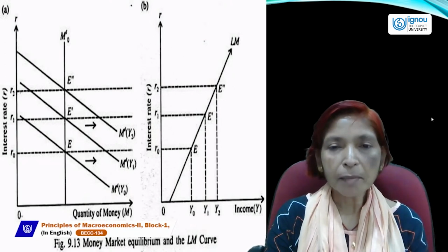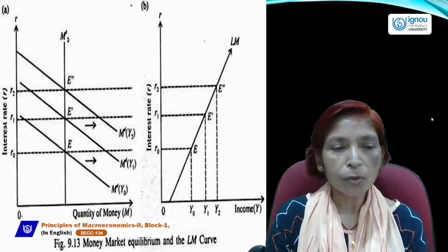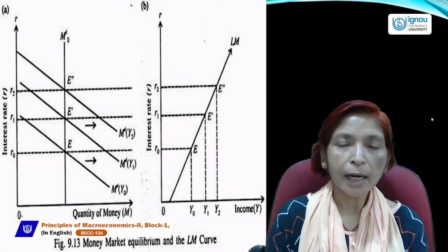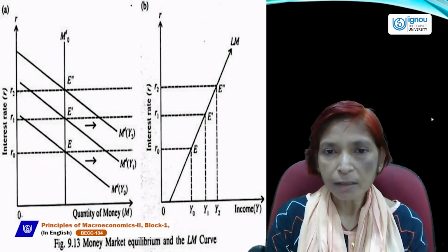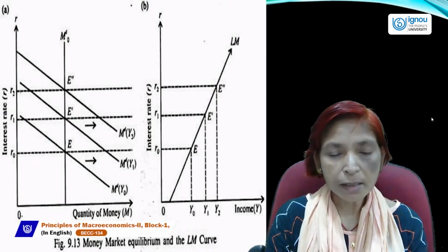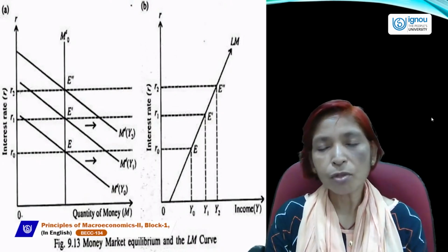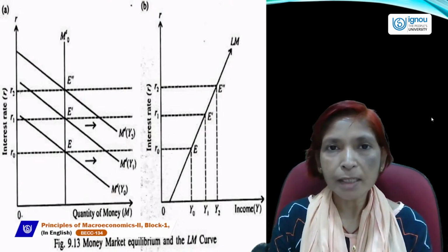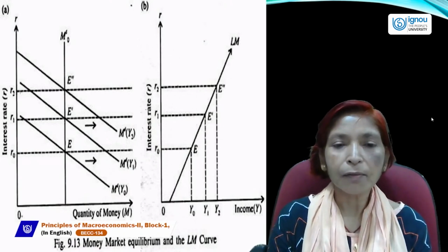LM curve. The LM curve is always an upward sloping curve, drawn as a 45-degree line, which shows that there is a positive and direct relationship between the rate of interest and the level of income. The LM slope is always upward but the IS curve slope is always downward, because the IS curve shows goods market equilibrium and LM shows money market equilibrium. So the slopes of both curves are different. The IS curve slope is downward and the LM curve slope is always upward.